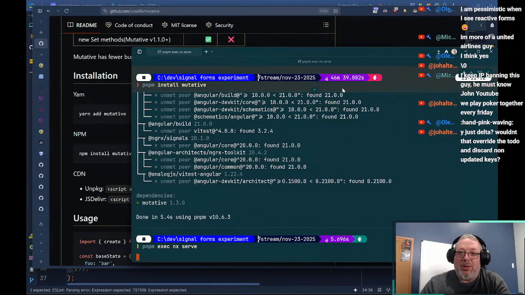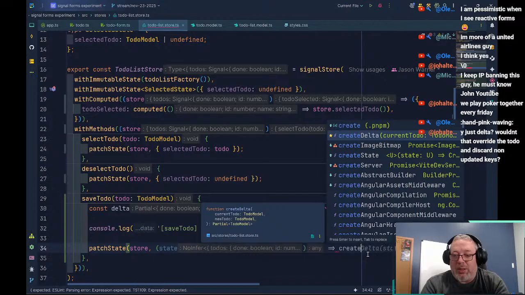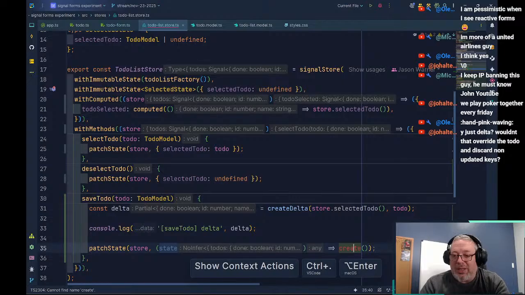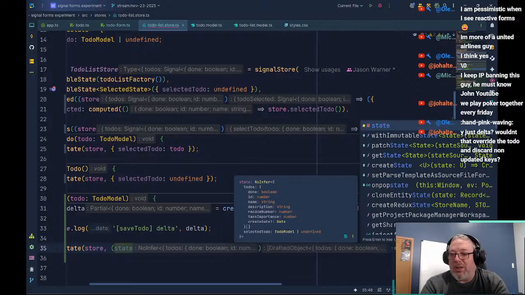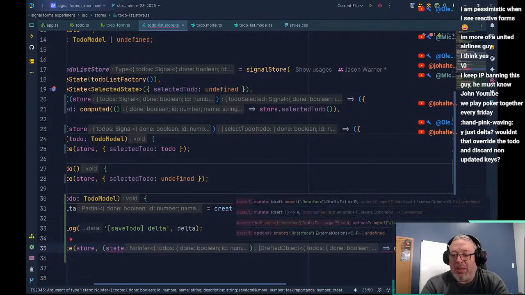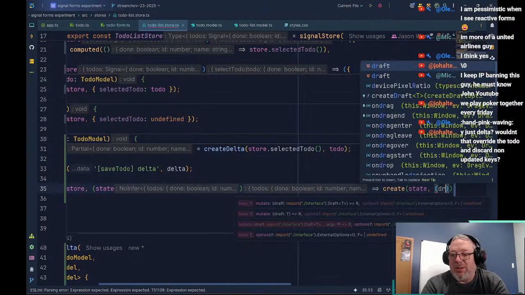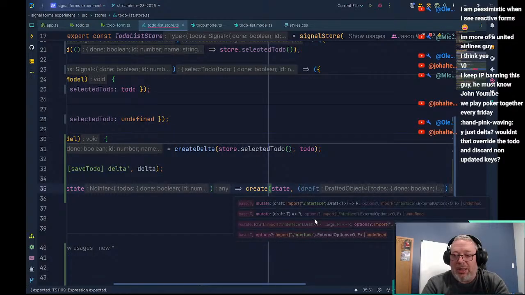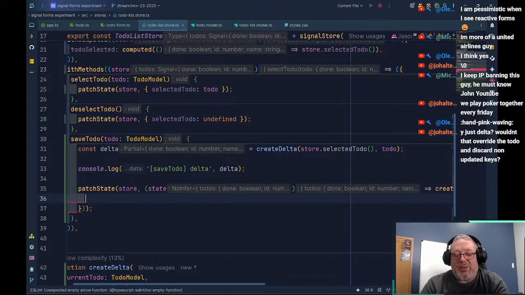And now we can go back, and now we can use create. So with create, boom, now we can take in our state. The next thing we want is the draft. There we go. So now we can treat the draft like we can mutate it.